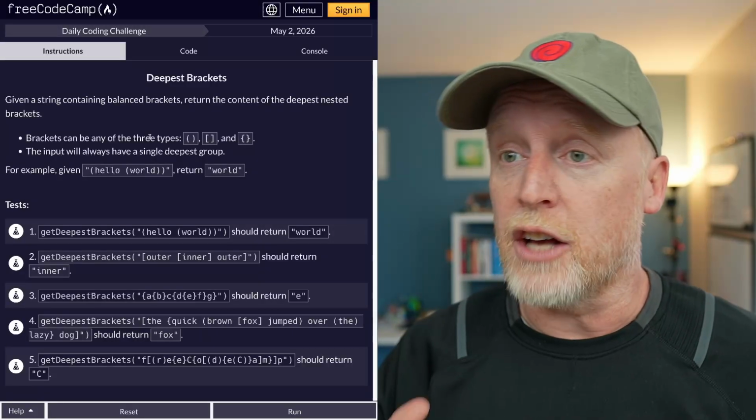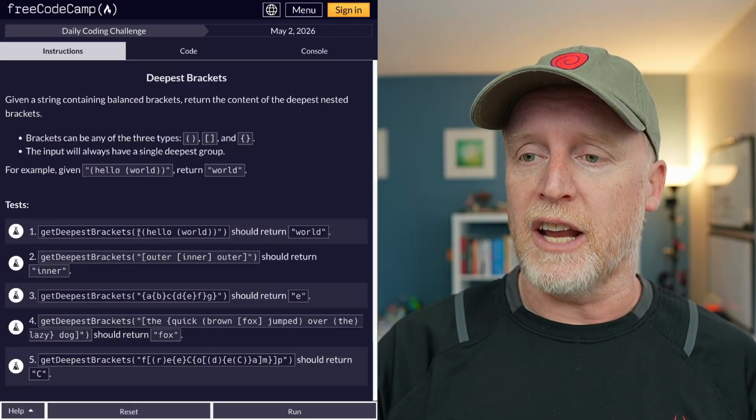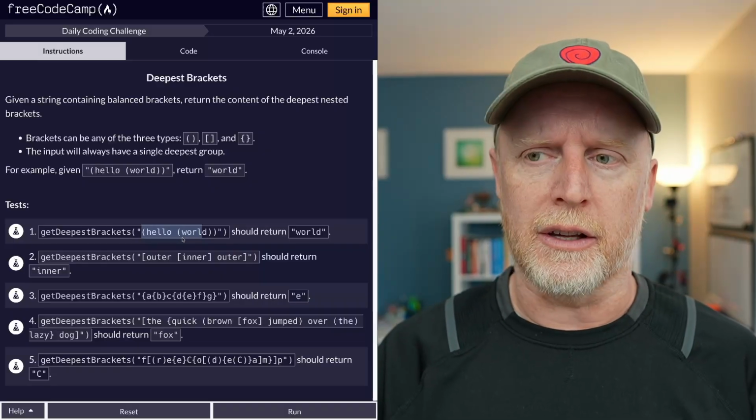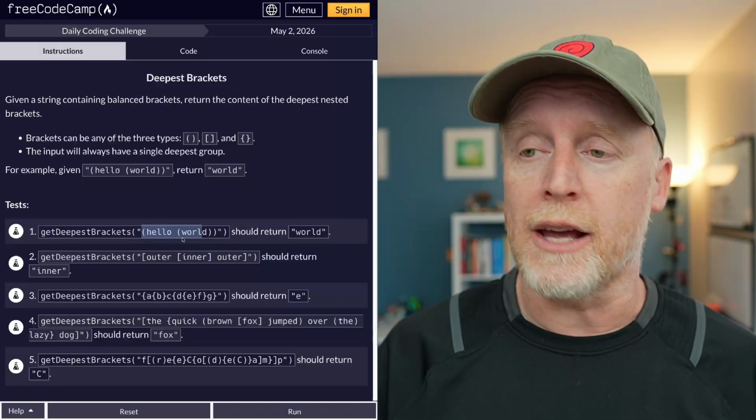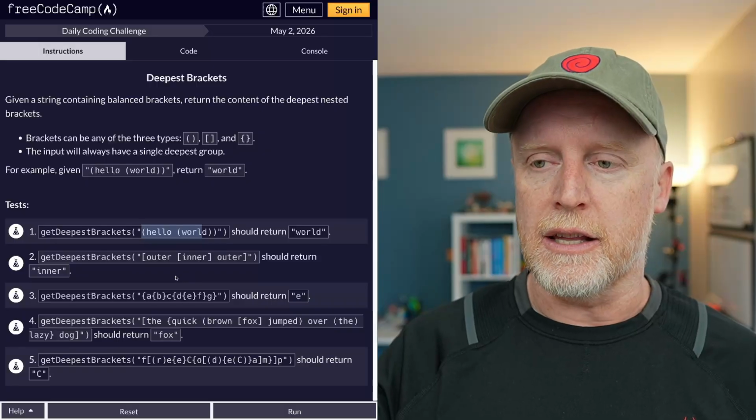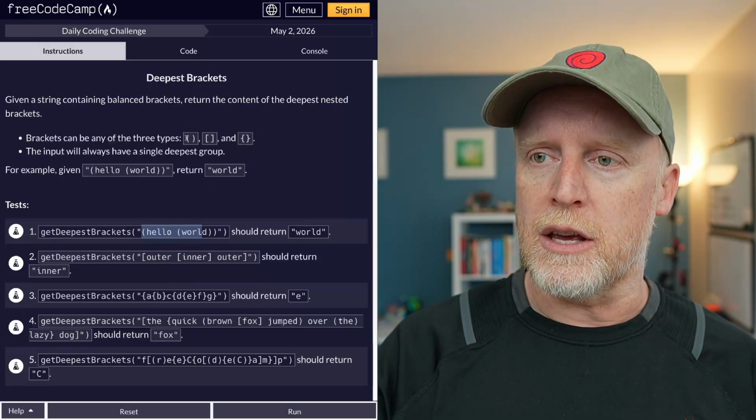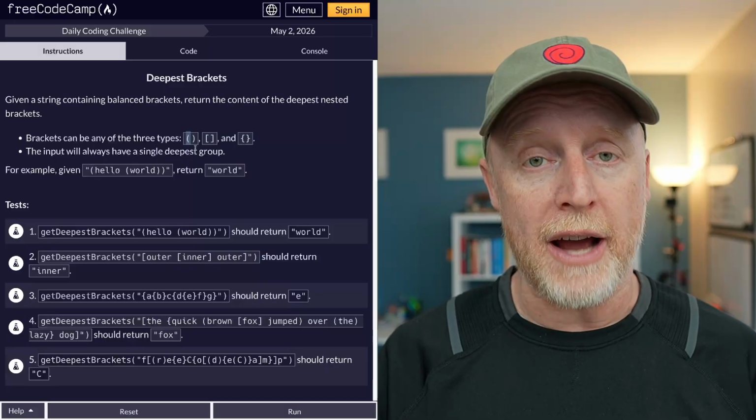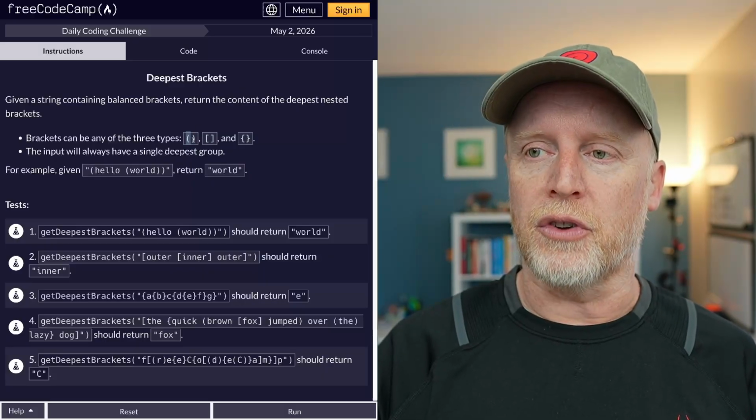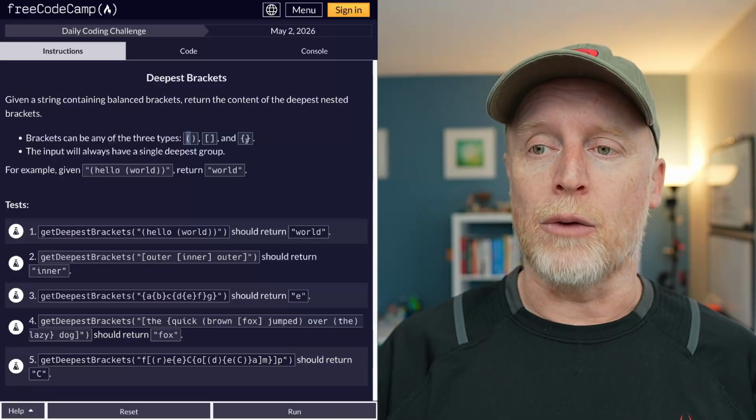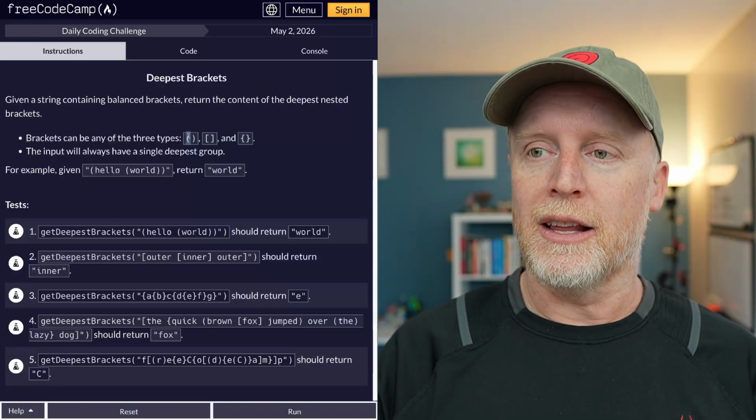Hello team, today's challenge is deepest brackets, where we're given a string with a bunch of nested brackets, kind of a funny way of doing an array, and we need to get the deepest level string within that. The challenge here is that we don't just use one kind of brackets, we don't use just parentheses. We also have square brackets and curly brackets, and we need to track against that, which means that if we